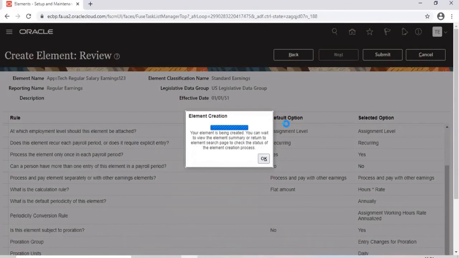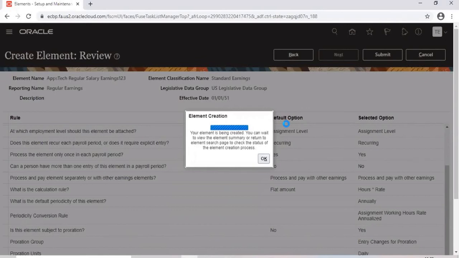Suppose take India's payroll, basic, HRA, like that. Elements are there. If you take India, if you look at EBS, I don't know who are from EBS and all. In EBS, India is a delivered legislation. But in Fusion, still it is yet to come. The legislation is not delivered for India. So if you are implementing for India, everything you have to create manually, even the tax elements, everything. And you have to write a formula to calculate it.